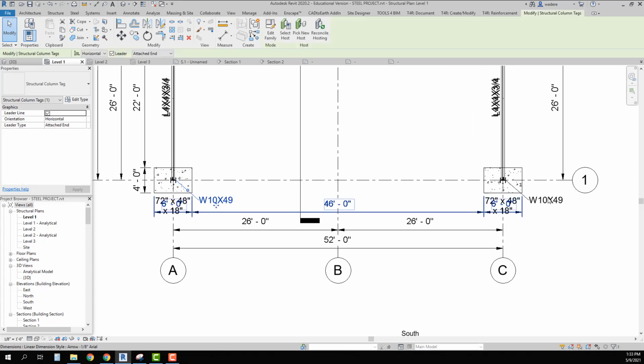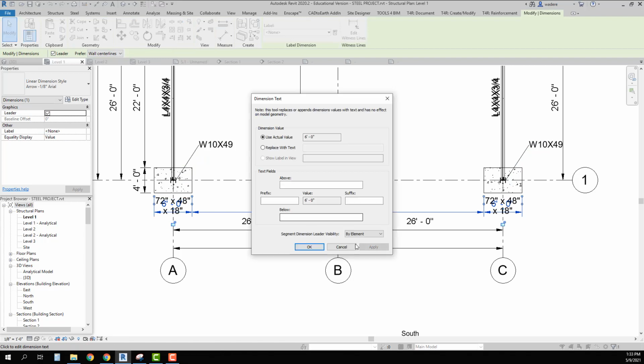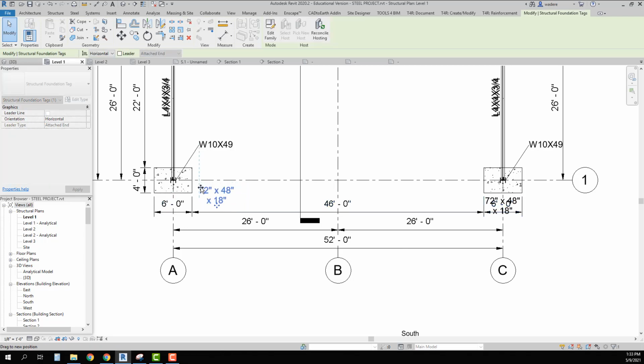So in this case I'm going to grab both of these, and I'm just going to pull them to the upper part. And then I'm going to do this one, and I'm going to grab this tag and move it over here to the side. And then I'm going to do the same thing over here. And you notice if I get them in alignment, there's that dashed blue line, so I know that they are